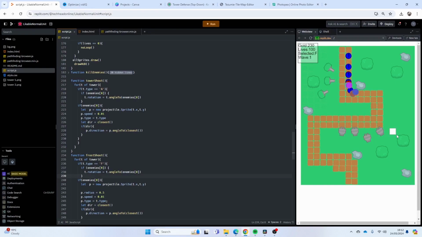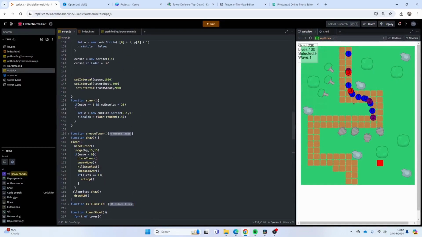The only other features I have in my game is that I can cheat. I can just cheat to like level 100 or something like that. And then what I do in my spawn function here is I have essentially a few more things. So instead of just saying if wave equals 1 and no enemies or whatever, I say if waves is greater than or equal to 1, so I'm playing the game, and my number of enemies is less than, instead of 20, it's the wave times by like 20,